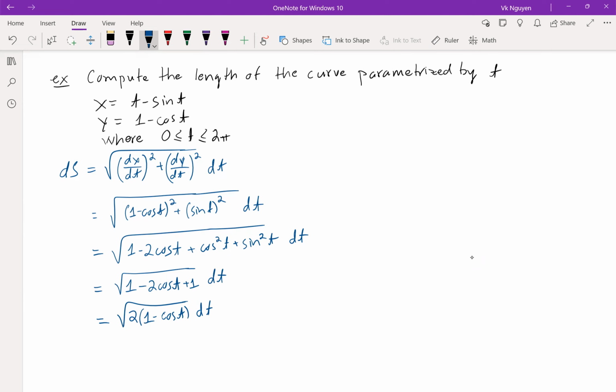This integral is a little difficult to evaluate directly if you do the integral of this. The trick here is notice that sine square theta is half of 1 minus cosine 2 theta. Use the identity and we're going to have a root of 2